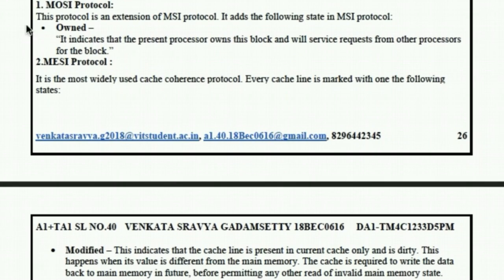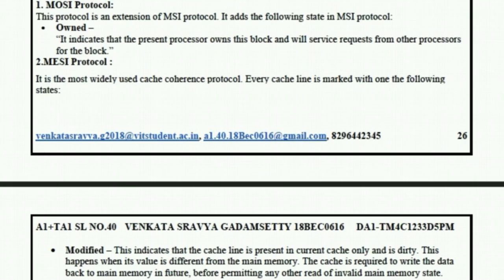The MOSI protocol is an extension of the SI protocol, and it adds an owned state, which indicates that the present processor owns this block and will service requests from other processors for the block. And the MESI protocol is widely used, and it is a cache coherence protocol.